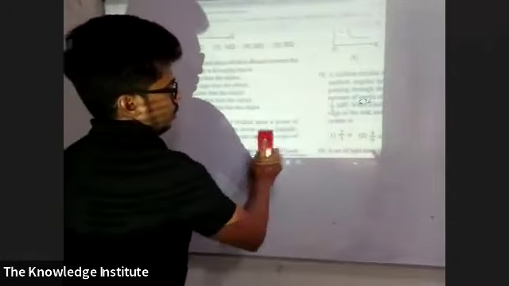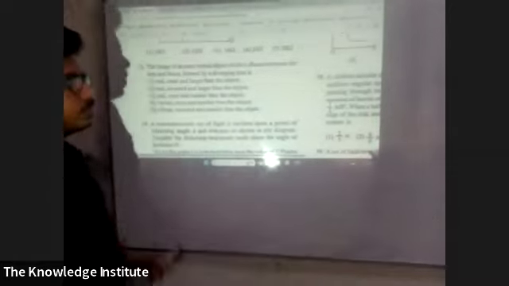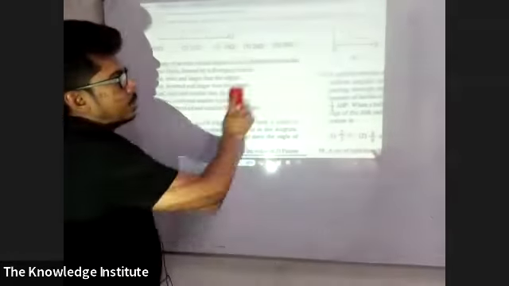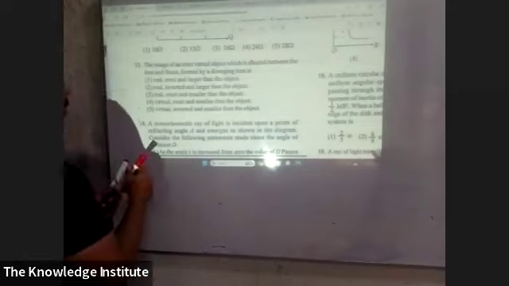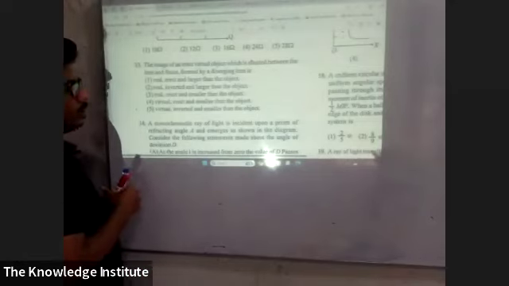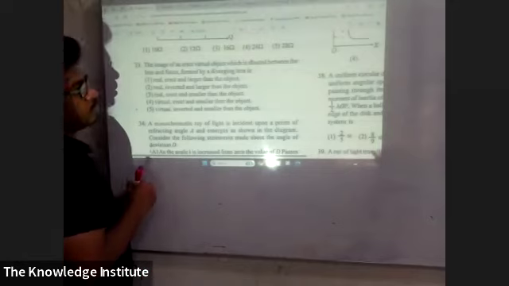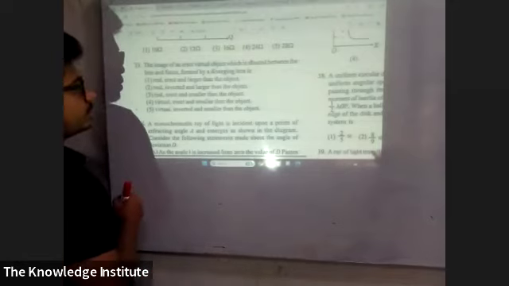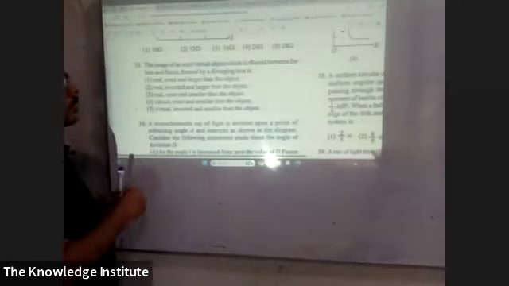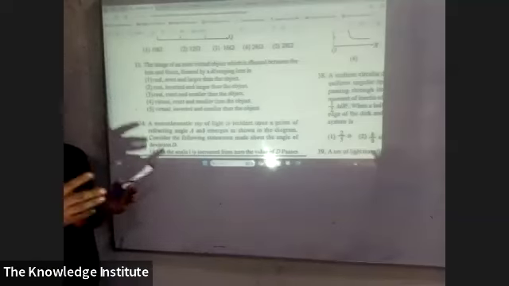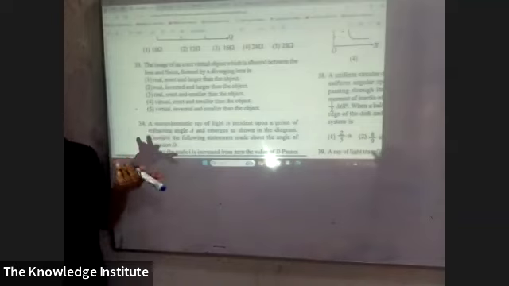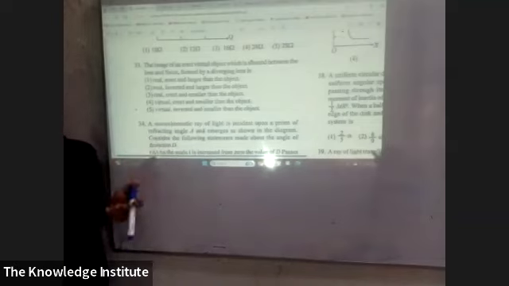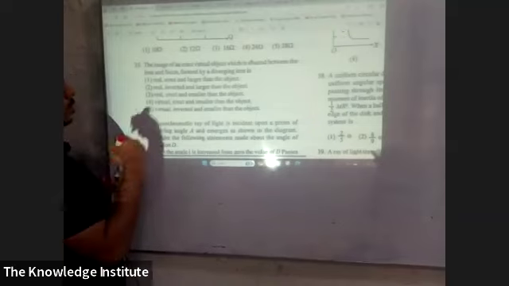33. The image of an erect virtual object which is situated between the lens and focus formed by diverging lenses. It is virtual, virtual, smaller than the object, because with a diverging lens, all the images are virtual. We can't get a real image from a diverging lens. Okay, so therefore,